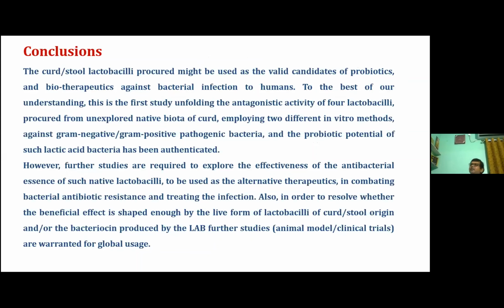Thus, we have seen that locally available sources are a very good source to isolate Lactobacillus, and Lactobacilli are good probiotics because of their different types of stress tolerance, such as to sodium chloride, bile salt, and temperature variation, and these are non-pathogenic because they are non-hemolytic, DNase negative, and gelatinase negative, as well as having no transferable antibiotic resistance property, and they are mostly sensitive. And both our isolates as well as the bacteriocin isolated from such isolates are showing